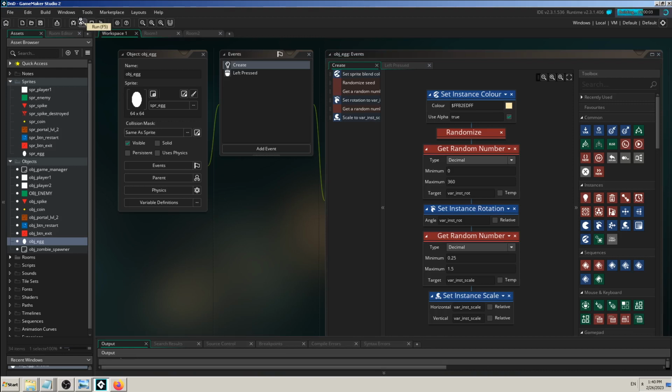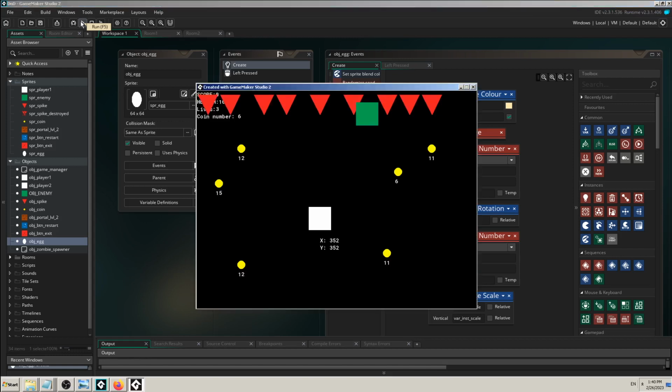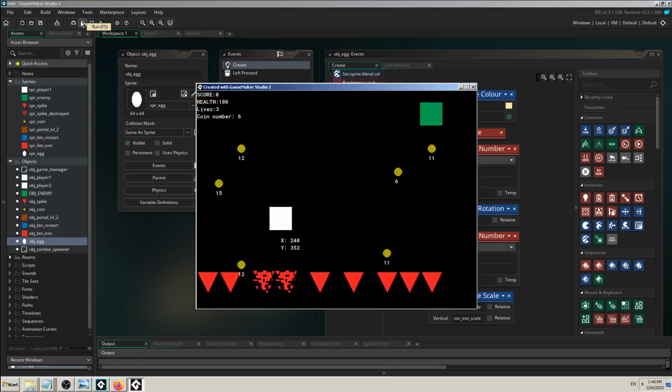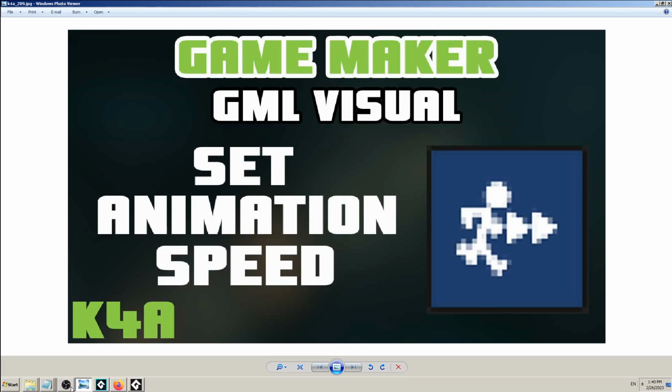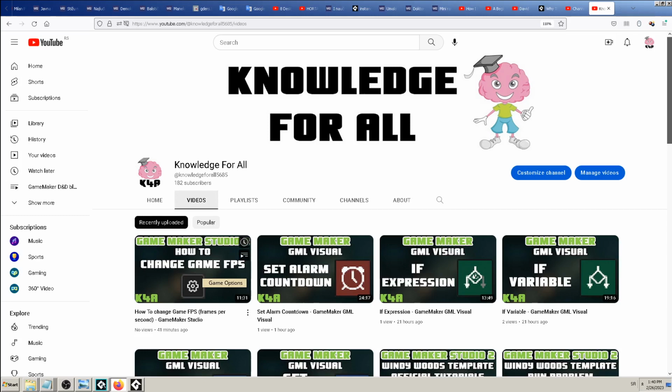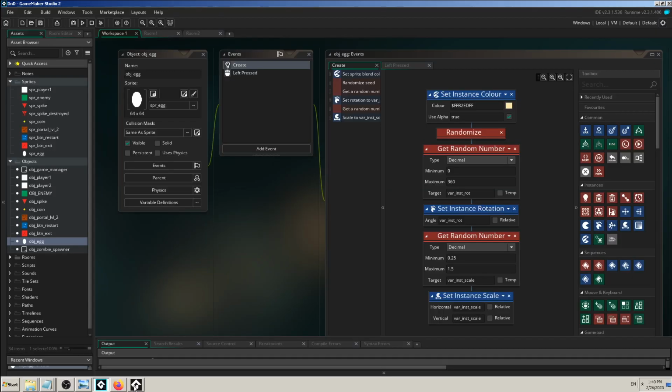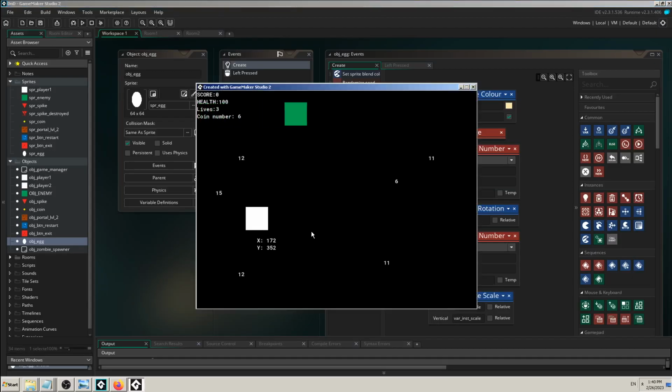I know this is slow, but for most of you this will happen in the long term and on the long run, because it will explain to you how animation works and the basics of it in GameMaker and different game engines. What we learn here you can also apply in different game engines and solve a lot of problems. Okay, so